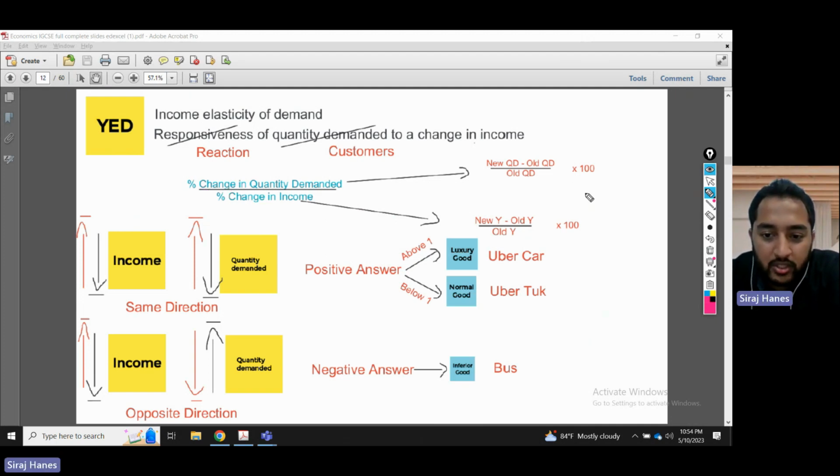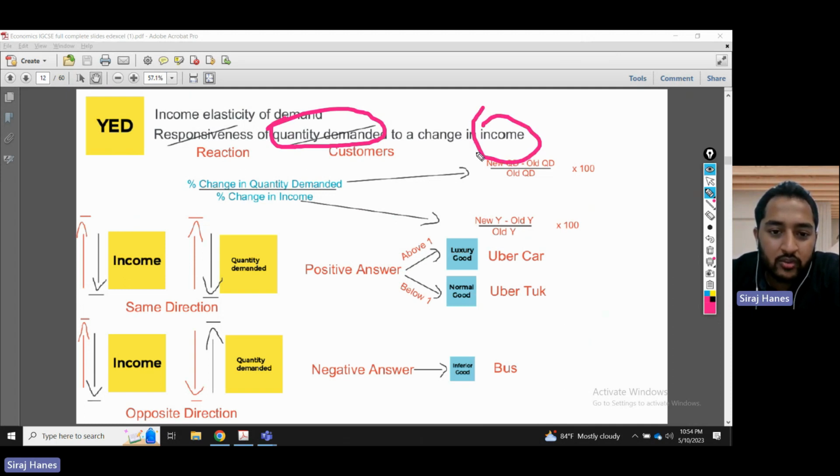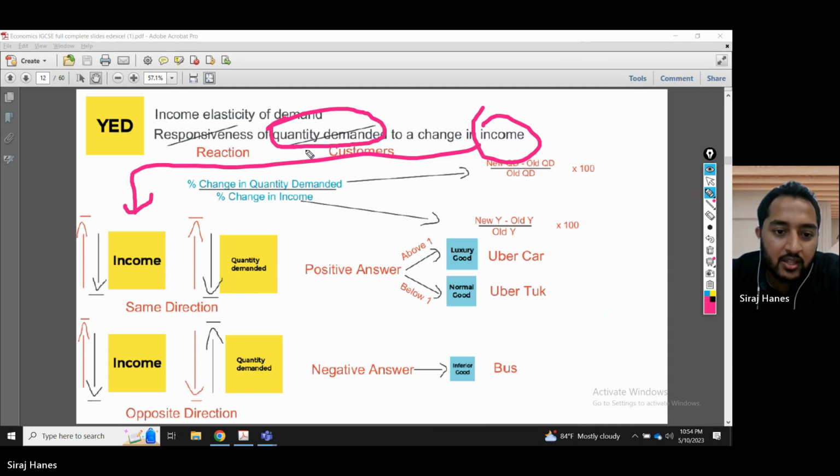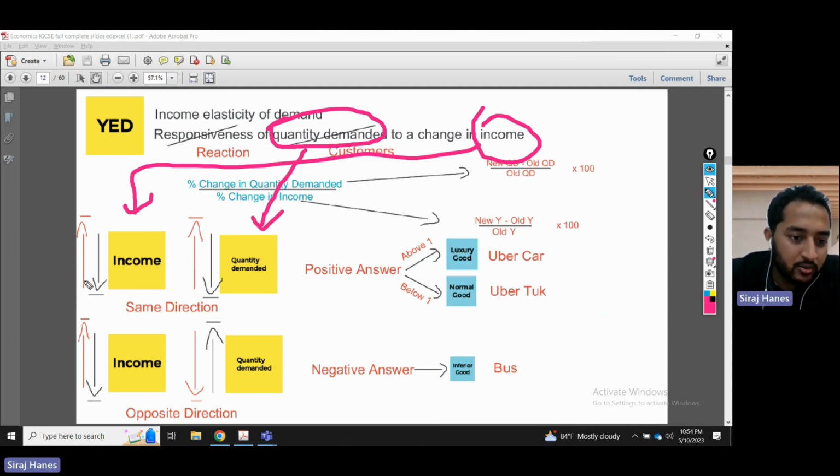But there's something you need to know here. When you get your answer, we need to know if it's a positive or a negative answer. So we are understanding two variables here. We look at quantity demanded and we look at income. So let's just take those two variables and we'll put them here. Income and the quantity demanded. Look at the red arrow. When people's income goes up, quantity demanded goes up naturally, right? Your income goes up, you buy more. Your income goes down, look at the black arrow, you buy less. Normal scenario, the arrows are moving in the same direction. Income goes up, quantity demanded goes up. Income goes down, quantity demanded goes down.